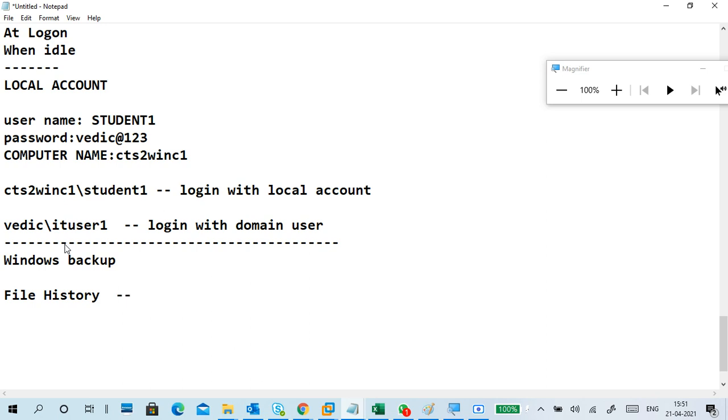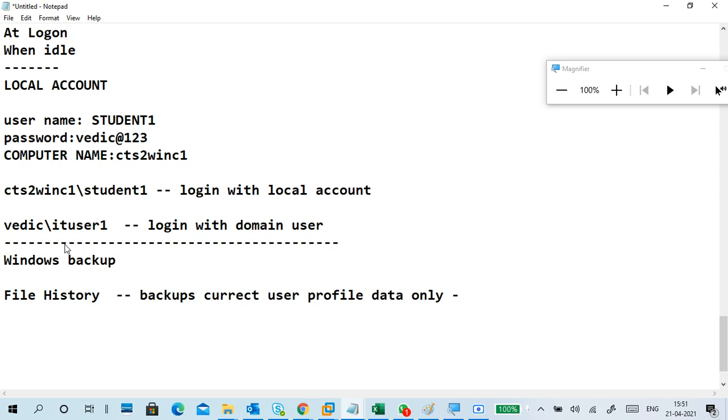What is File History? It backs up user profile data only, only the current user's profile data, not all users.